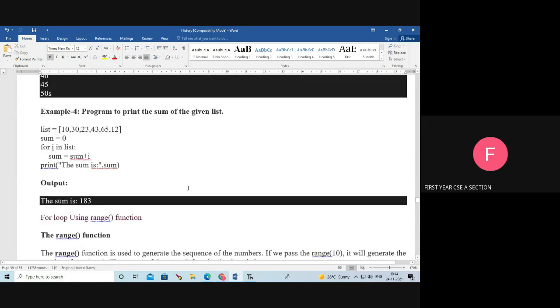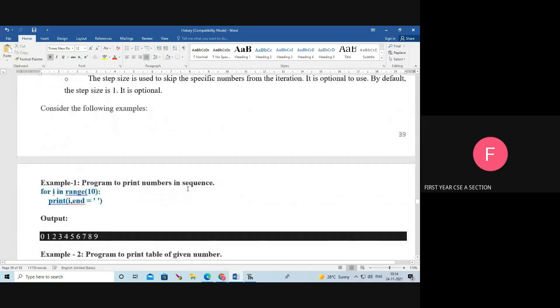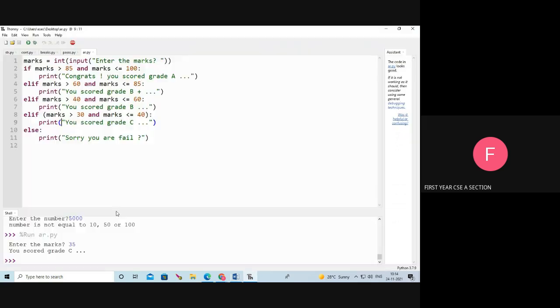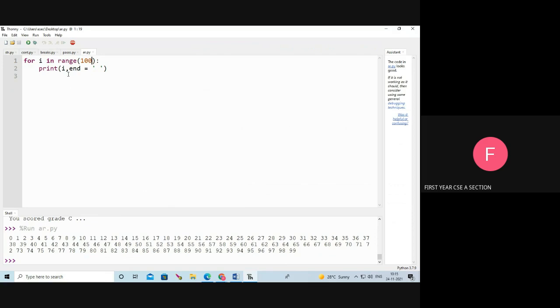First, we need to understand why we are going for the loop. See, suppose I want to print the numbers starting from 1 to 100.